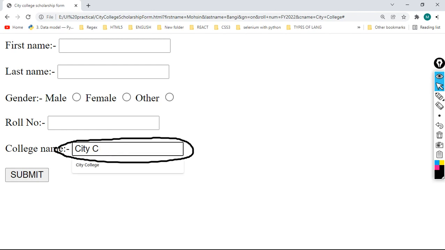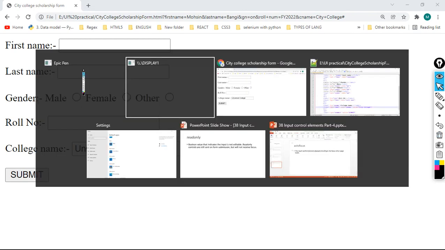User can come here, can enter his cursor in this input field and can write Universal College, some dummy name I am taking. Okay, correct. Then this can create some problem because this form is related to City College only, and a student can type some other college name also. To avoid this problem, what I will do, I will write here readonly,